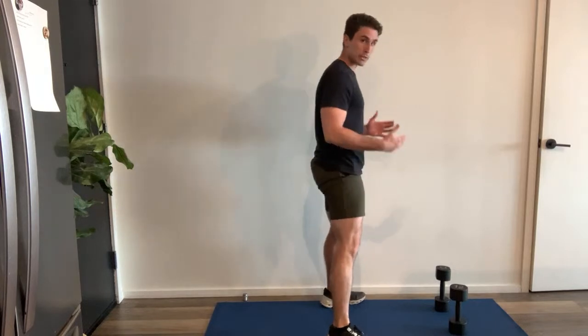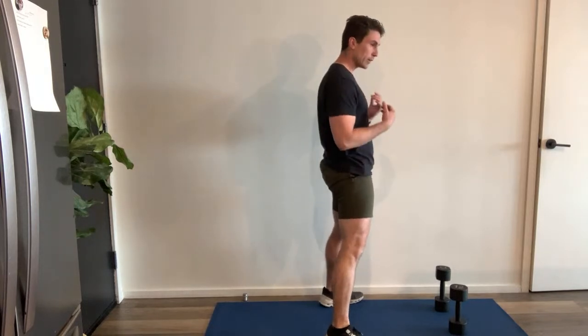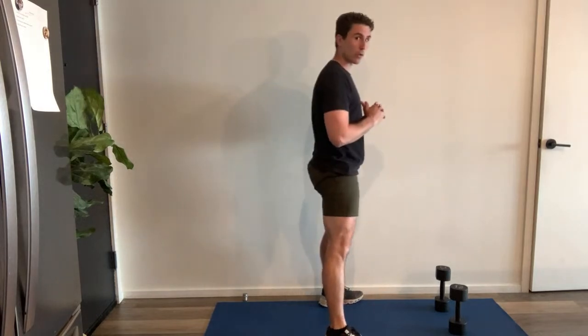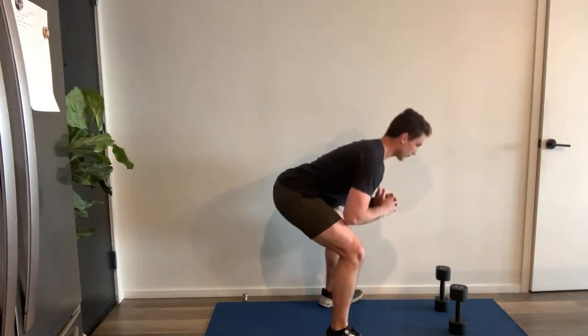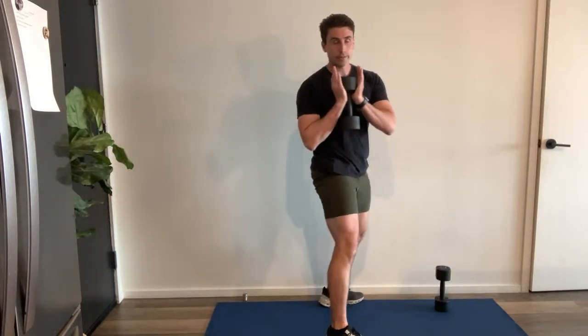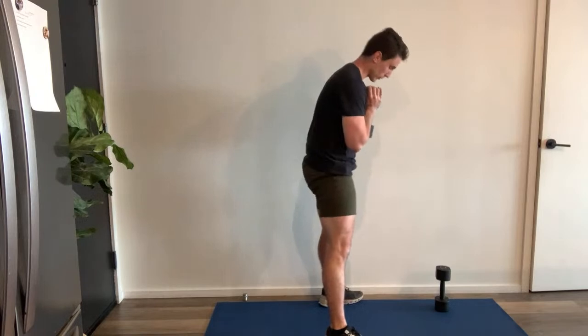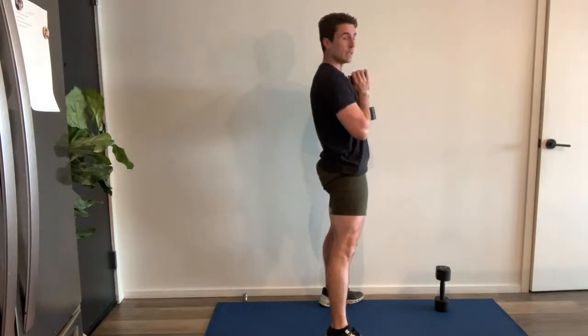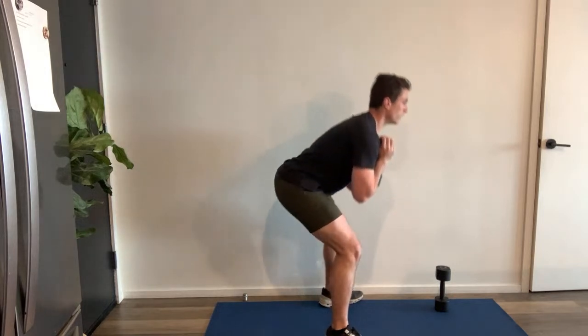So what we're going to do instead is put our feet a little bit wider. We're not going to go down as low, and we're actually going to focus on sitting back more like that, okay? So we're sitting back. If you want to hold a weight, you're going to hold the weight just like this. We're going to do 10 of those, okay? So we're sitting back, we're not going as low, just like that, okay? So let's get started. Here comes 1,